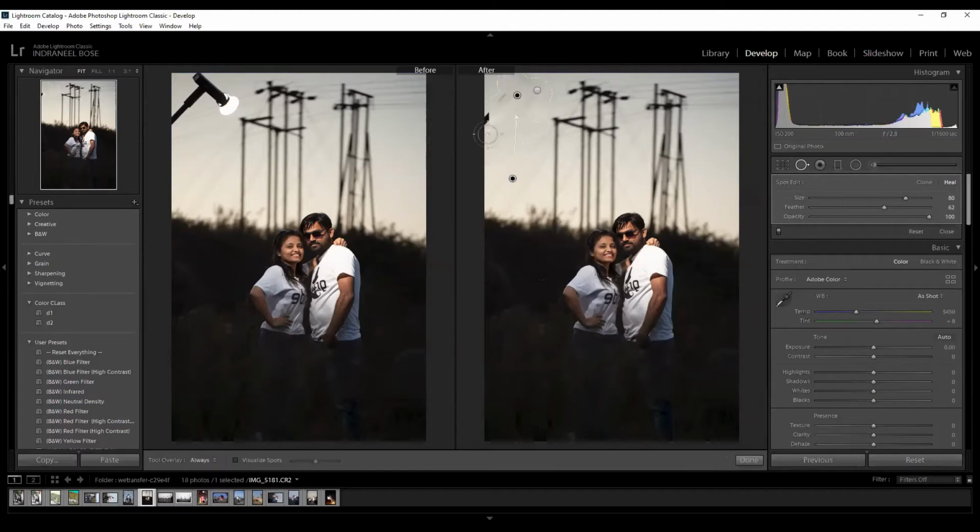You have to just patiently see and match the areas, because this is only a drawback in Lightroom a little, because you can't be very precise.